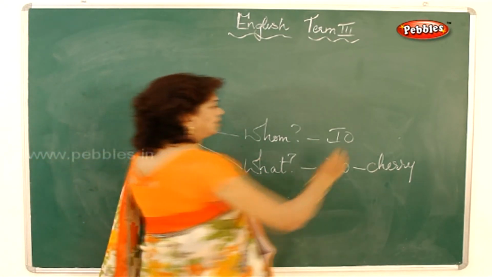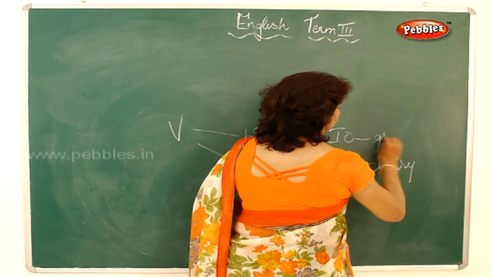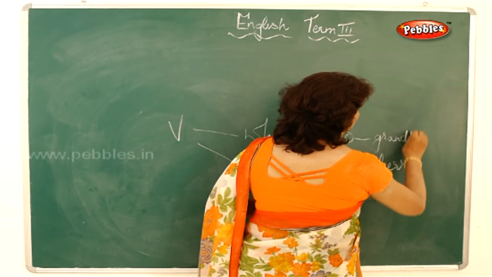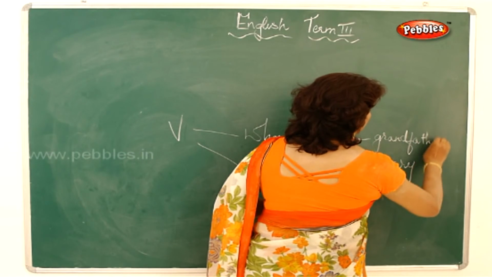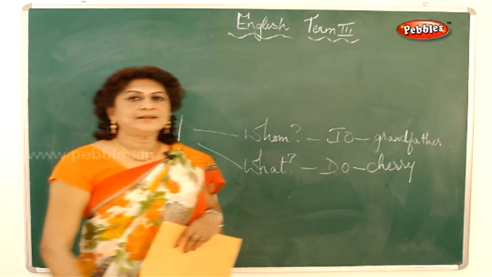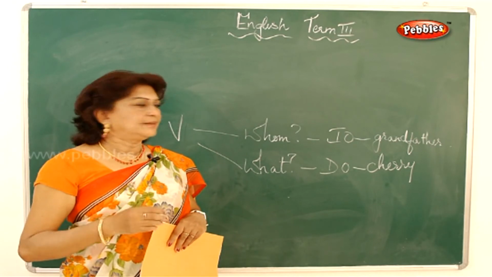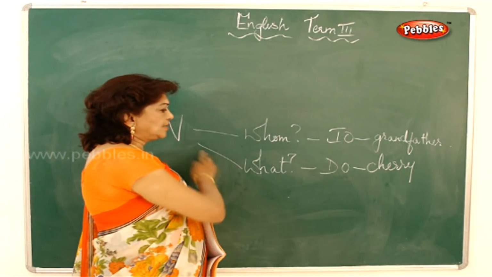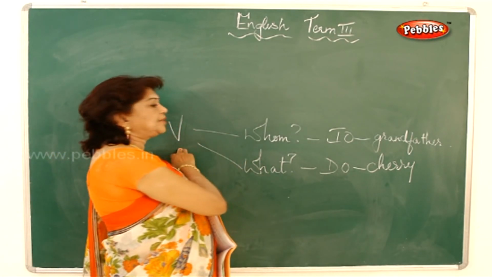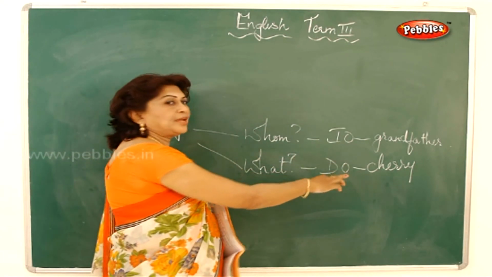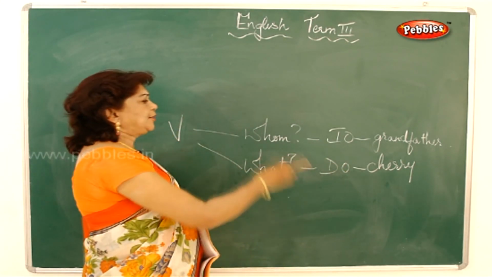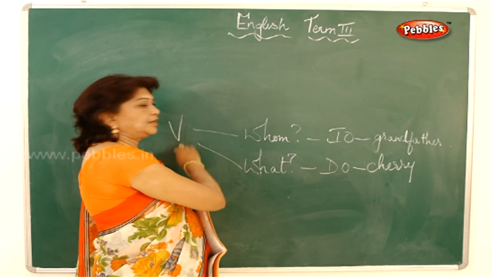Grandfather. So that will be the indirect object. Is that clear? Now we are going to do some more sentences on sentence patterns. So if you ask the question what to the verb in a sentence, the answer will be the direct object, and if you ask the question whom to the verb in a sentence,